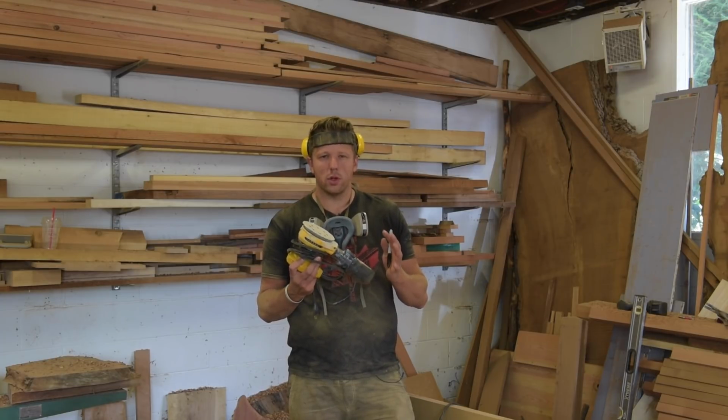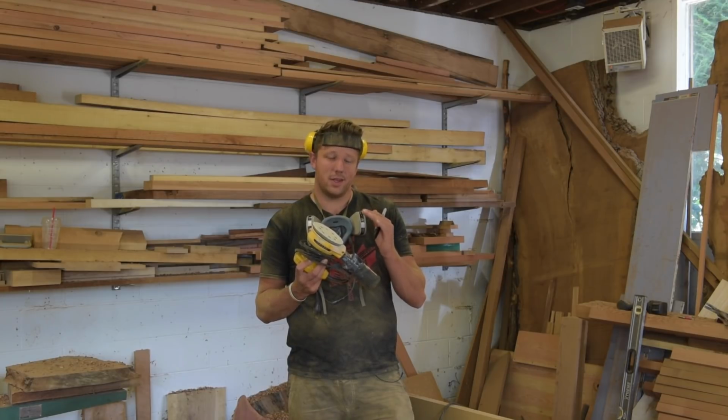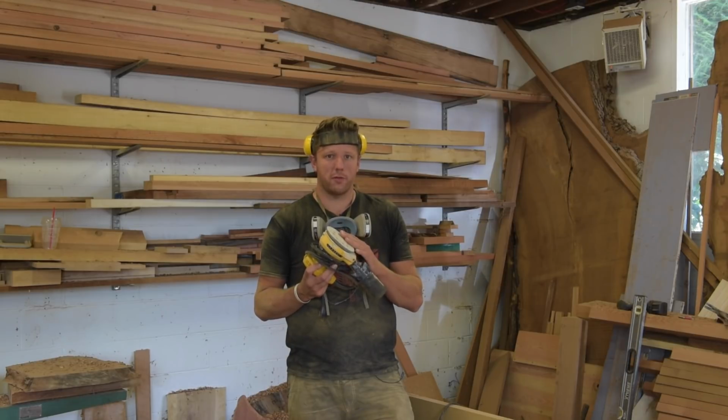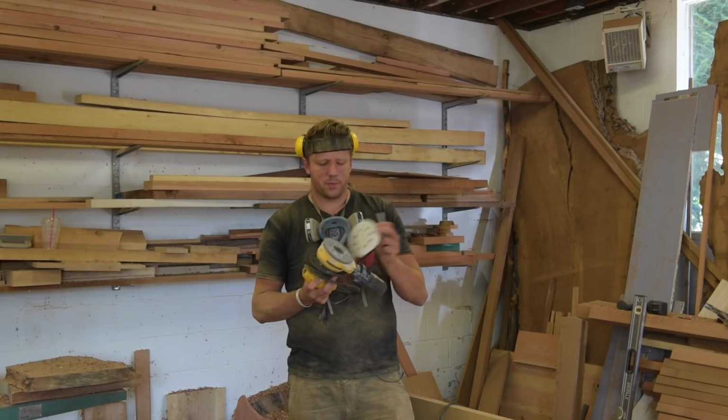The rule of thumb with sanding is once you get to a 150 grit, that's the lowest grit you can get where you're not likely going to see any pigtailing when you put a finish on. So I just start at 150 because I don't want to go to the lower grits. But